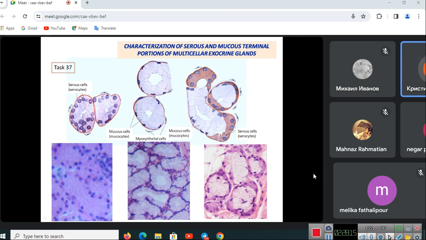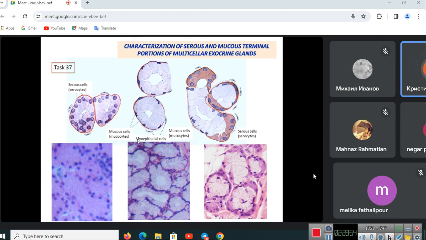Another second type of cell in the secretory portion is the so-called myoepithelial cell. They are rather small cells, located upon the same basement membrane. They have long processes that hug the secretory portion from outside, and they are called myoepithelial because they somewhat resemble muscle cells because they have contractile myofilaments inside their cytoplasm, such as actin and myosin microfilaments, that help them